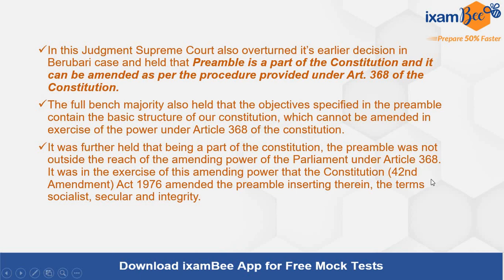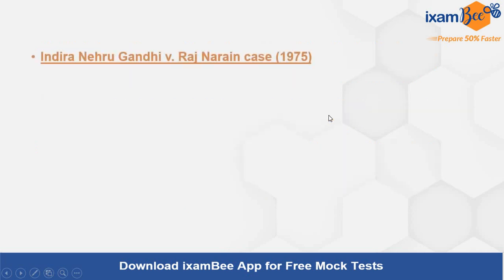And we all know 42nd amendment में preamble amend भी किया गया था and these terms were added: socialist, secular, integrity. ये भी question कई बार पूछा जाता है. It's very very important. ऐसे अगर कुछ important amendments है तो वो भी आपको याद रखने ज़रूरी है, जिसमें जैसे कि 42nd तो बहुत ही ज़्यादा landmark amendment है, mini constitution ही कहा जाता है उसे. So ऐसे तो amendments आपको याद रखने ही होंगे.